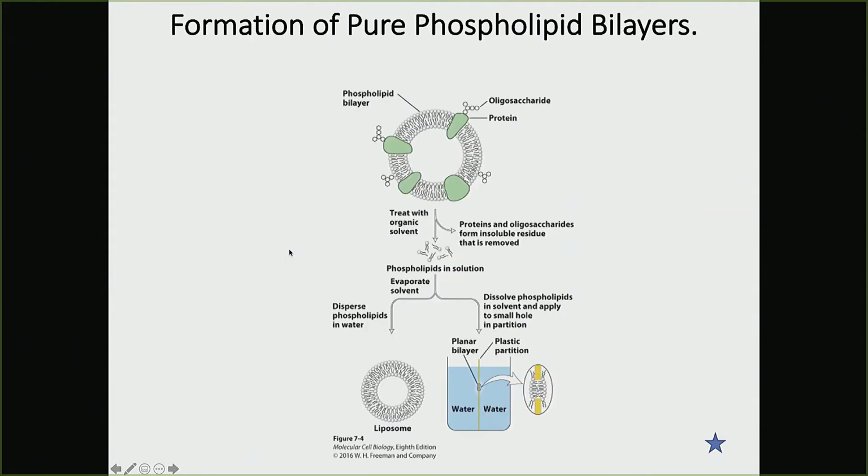On the other hand, in this experiment, if you partition these two with some tiny holes in the partition, and you just add the phospholipids on each side, it will automatically form a lipid bilayer around that small hole. So this is the self-assembling property, and that's the reason we use phospholipid for the